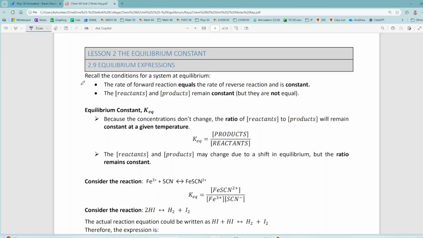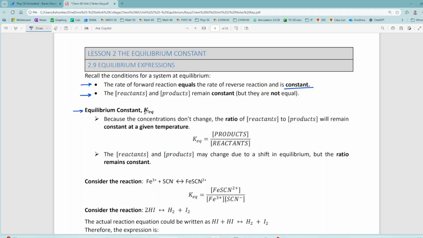Condition number 1 is at the microscopic level, the rate of the forward reaction must equal the rate of the reverse reaction, and they will be constant. Because of that, at the macroscopic level, the concentration of the reactants and products will also remain constant, but they are not equal. So with this idea of there being constant concentrations, we're going to introduce something called an equilibrium